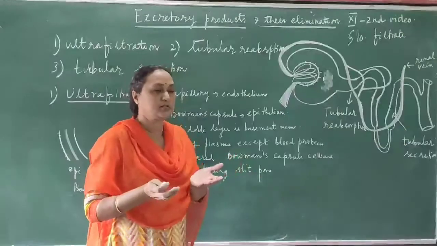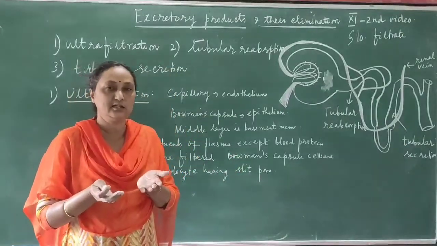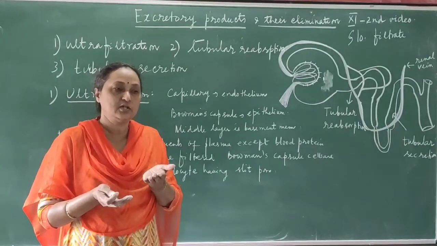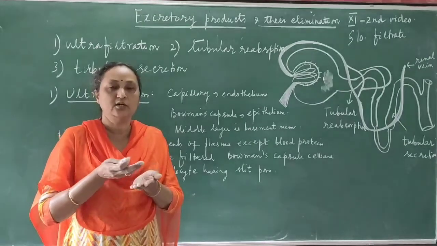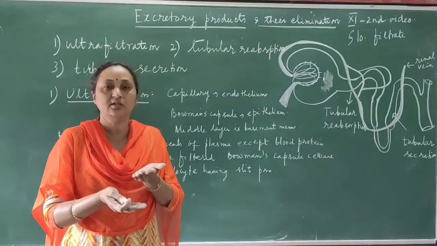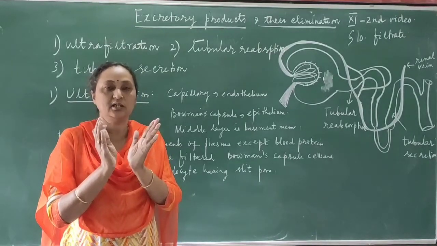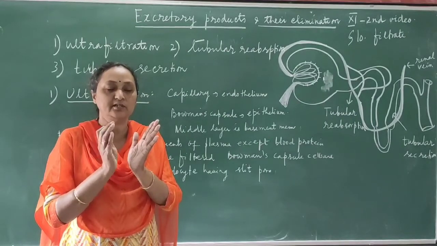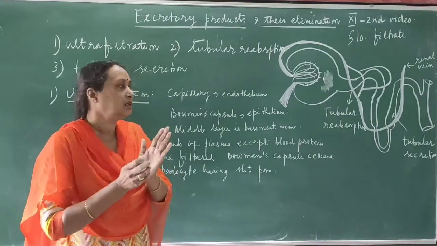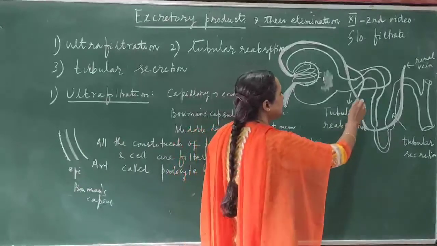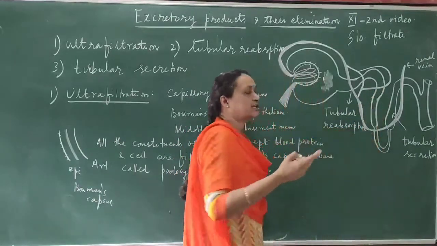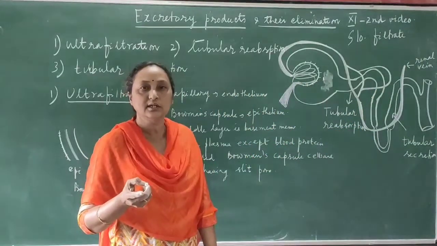Alright, so for example, suppose you take a, जैसे आप चाय छान लीजिए, है ना? अगर आप चाय को छान रहे हो, तो छन्नी के ऊपर में आपको पत्ती है, पानी नीचे चला जा रहा है. उसी तरह से बोमन कैप्सूल ये एक फनल शेप स्ट्रक्चर है, और ब्लड का जब फिल्ट्रेशन होने के बाद जब यूरिन यहाँ पर आ रहा है, then the urine, so that will enter into renal tubule, because the next part of the Bowman capsule, so that is called the renal tubule.